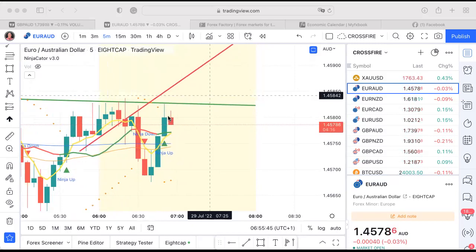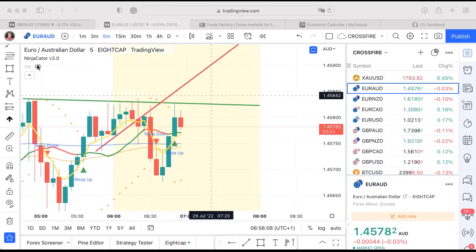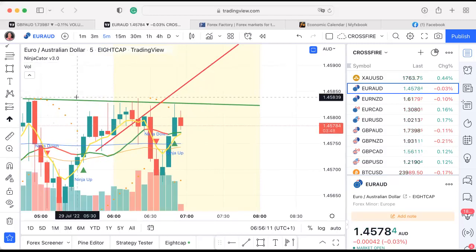So you see, it's gone up there, it's made an attempt to get through, and then it's coming back. Just thinking about what's happening here, you've got buyers and sellers in the marketplace, and buyers are saying we want to push price up, and sellers are saying no, we don't want it to go above that line. And at the minute, sellers are winning. Let's just, out of interest, have a look at the volume indicator, if it'll come on. There we go.